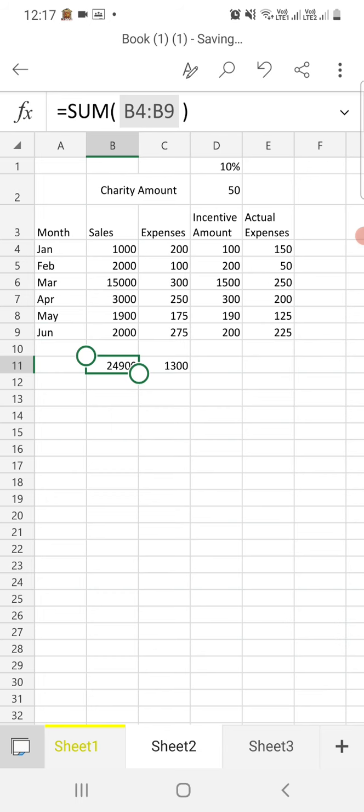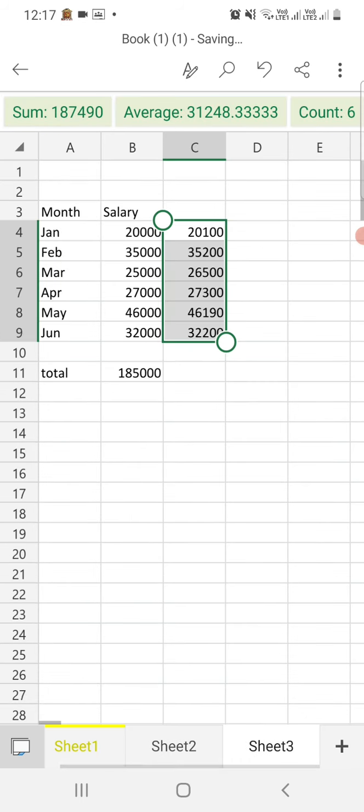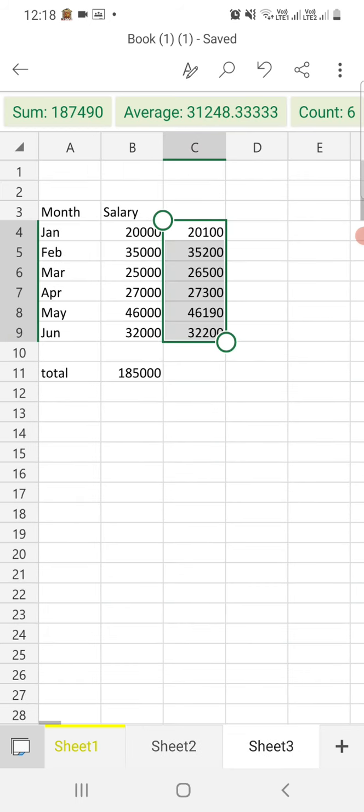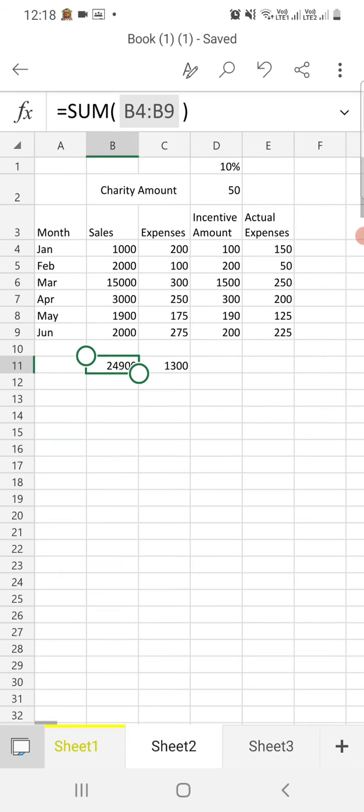We just add those data with our salary, so it will give you the result. Sorry, from D1.